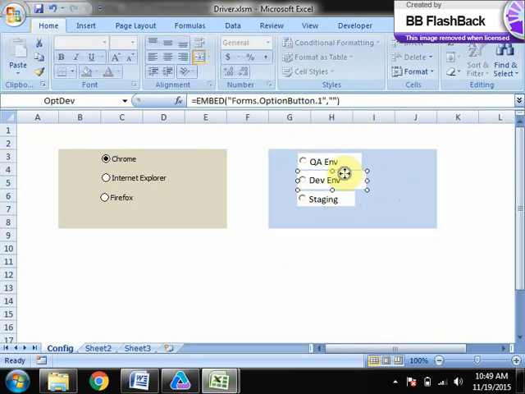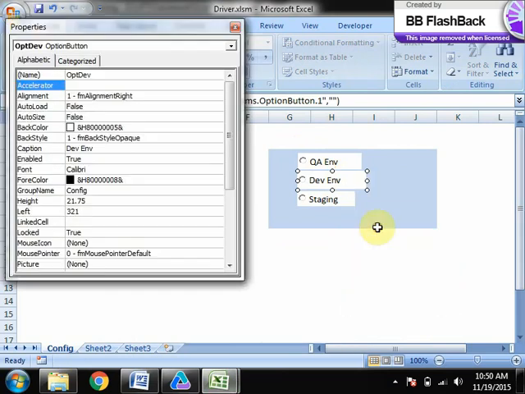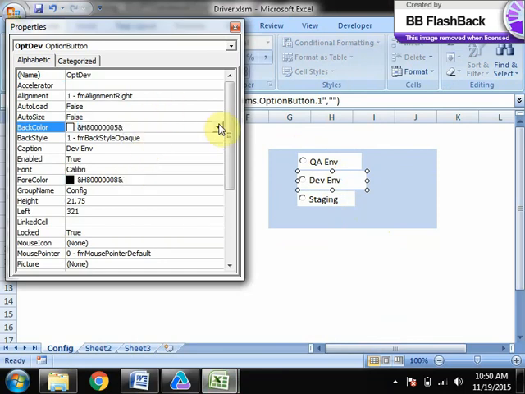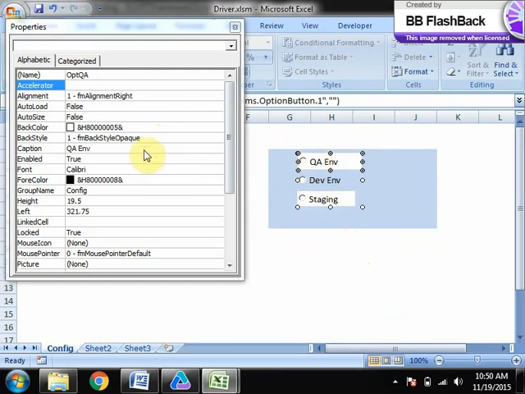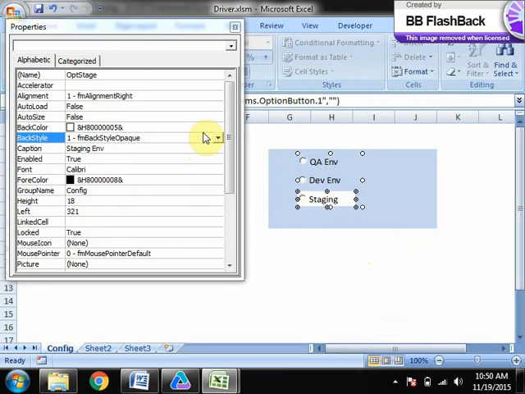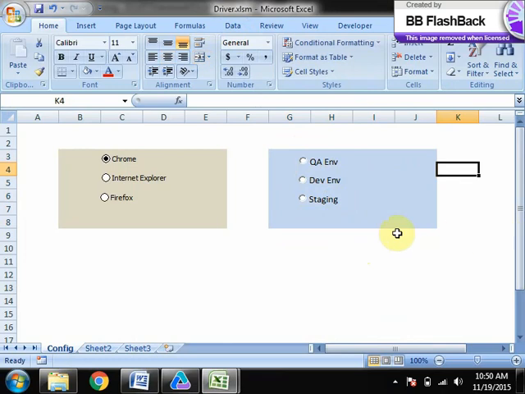You can make the background transparent. All this is optional, only to make it more user friendly, so that it will be easy for everybody to select.